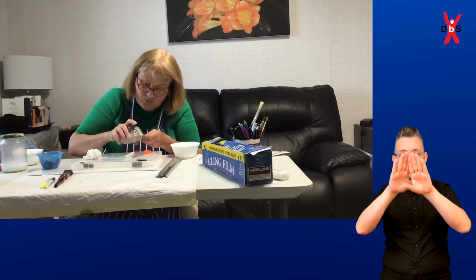And when you've finished covering the walls of the bowl, your hands will be covered in glue, but they wash. We're not made of sugar, as my granny would say. Will not melt. Bit of water wouldn't do us any harm. So you try and pat down the edges. If you find that there are little gaps, what you can do is either take another bigger strip or take some of the smaller strips and try and patch in, if you find that there are parts that are not overlapped. And once that's done